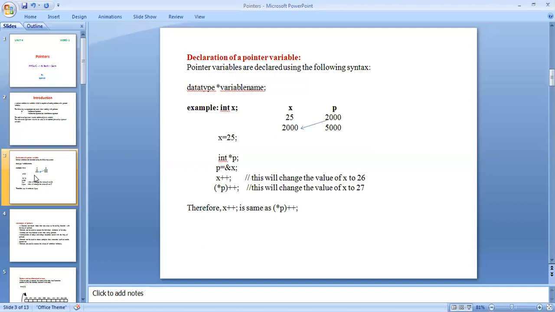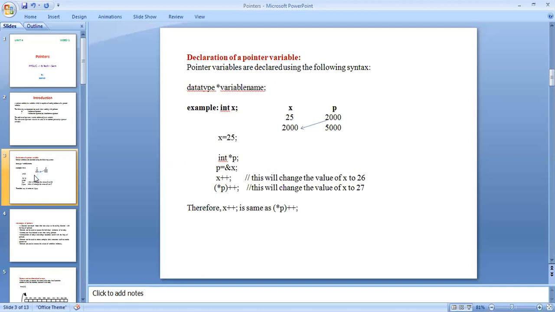Here the data type uses the primitive data types like int, float, char, double. The variable name can be any name. To identify a pointer, we have to use the indirection symbol or the reference symbol.